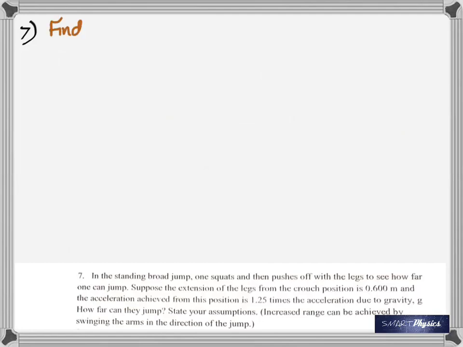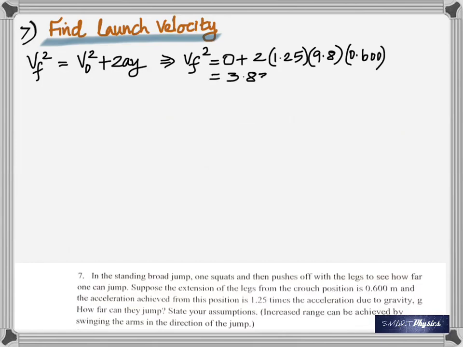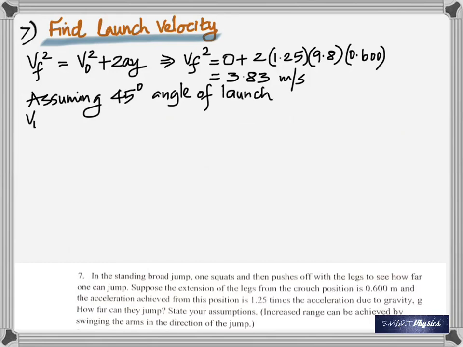In this case, we have to first find the launch velocity. So that is the velocity at which the person just takes off. The initial velocity is 0. It starts from 0. And we can find the final velocity using this equation. You see that the initial velocity is taken as 0, but 2 times the acceleration is 1.25 times 9.8 because that's given. So you get the velocity of launch as 3.83 meter per second,